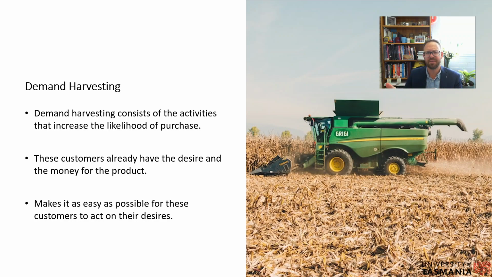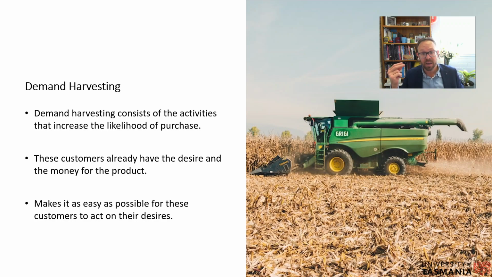You might go, well, obviously if they have the desire and the money to buy the product, they'd buy it. Well, not necessarily, especially with convenience products, or sometimes you think, I should really get that, and we all have a list of products that we would buy under the right circumstances. So your car might be getting old. You go, I really need to get a new car sometime in the future, and you can go talk to the bank manager, get your loan sorted out, and you know that you need to do it because your existing car's not going to last forever, but it's not happening right now.